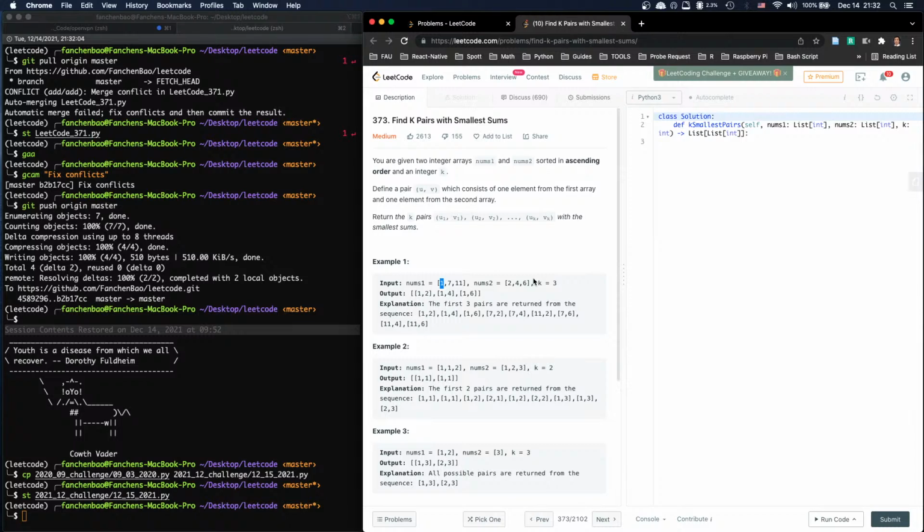But is that true? They have sorted values, right? The sorted values A1, A2, A3, and B1, B2, B3, right? So the smallest is A1 plus B1. That is the smallest. After that,